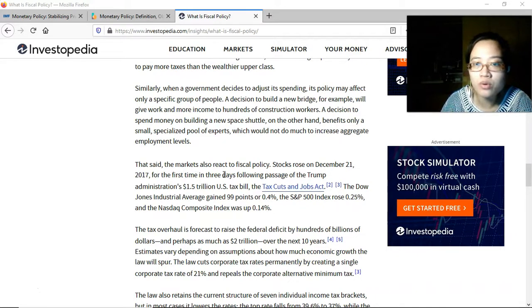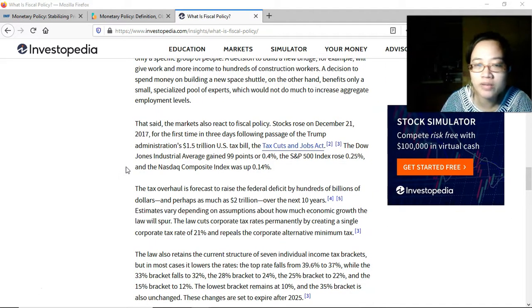That said, the markets also react to fiscal policies. Stocks rose on December 21, 2017 for the first time in 3 days, following the passage of the Trump administration's $1.5 trillion U.S. tax bill, the Tax Cuts and Jobs Act. The Dow Jones Industrial Average gained 99 points or 0.4%, and the S&P 500 index rose 0.25%. The Nasdaq Composite Index was up 0.14%. So essentially, the passage of this act provided positive reactions